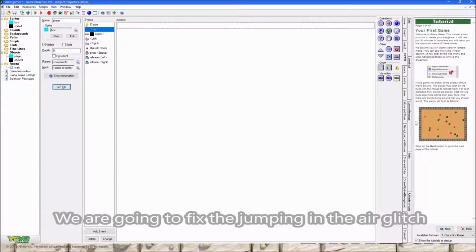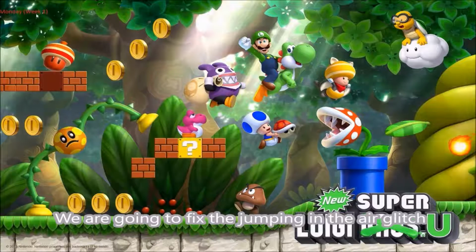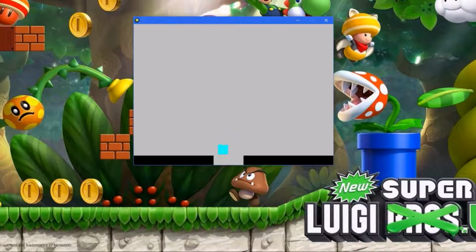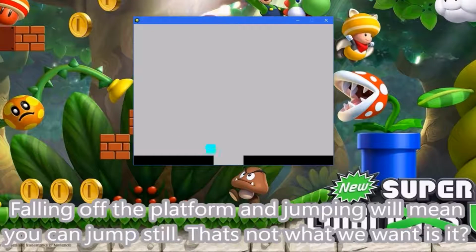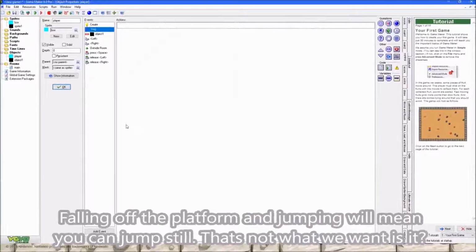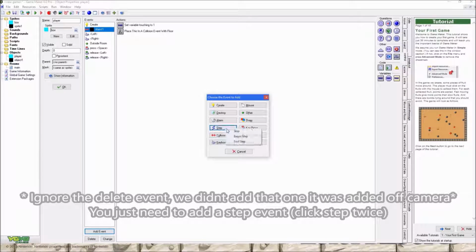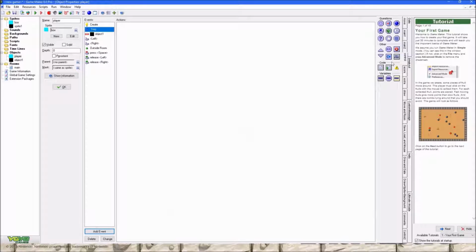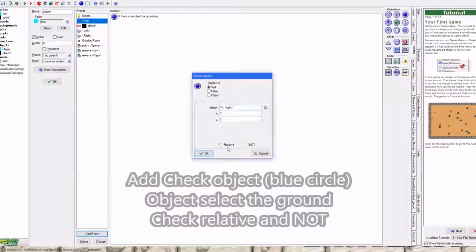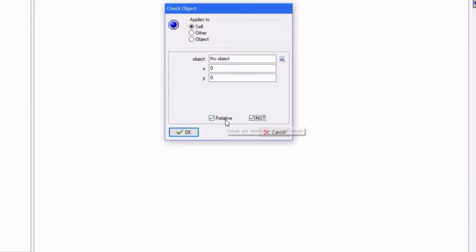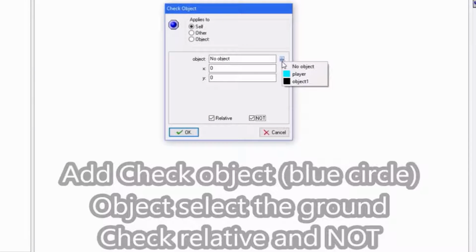Okay, so we're going to fix this jumping in the air glitch. As you can clearly tell from what we saw earlier, if you fall off, you can jump in the air, see? So we're going to fix that quickly. So what you want to do is add a step event, just a regular step, and then check object, check this, also check this one. This means the object is relative to the player, not actually at the position, basically. And